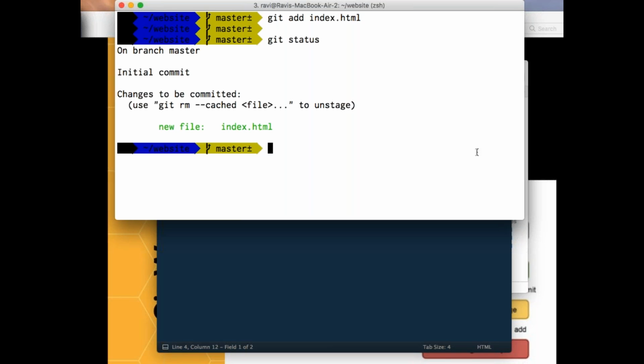So if you remember, what are the 3 stages which I am having currently? One is working copy. In working copy, what I did, I created and I inserted some 8 lines. What is the next area I'm having? The next area was staging. So I created some index file in my working copy.